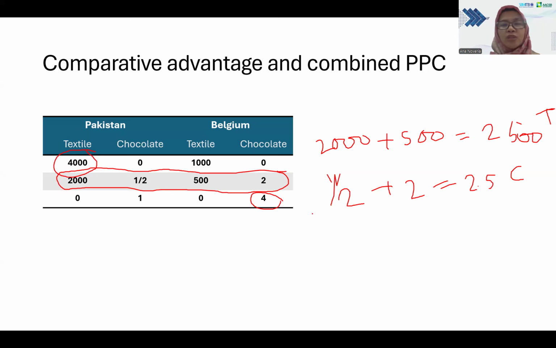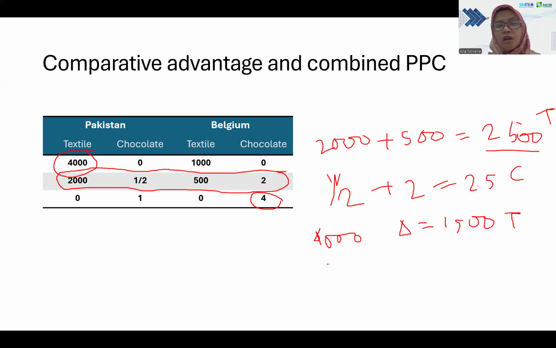Now it's going to increase the consumption of textile from 2,500 to 4,000. So there's an increase, or delta, of 1,500 of the consumption of textile. And for the chocolate, it's from 2.5 to 4,